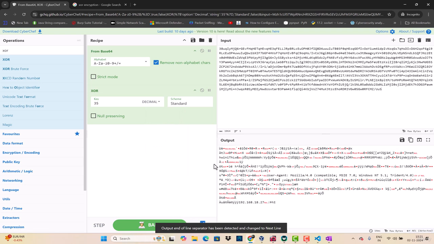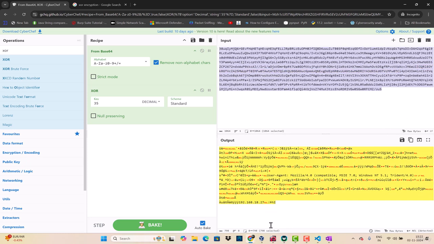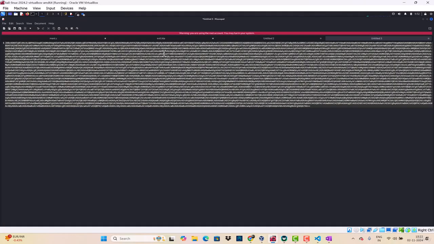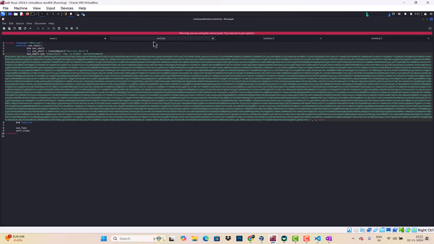You can see the user agent is Mozilla compatible, Windows NT 5.1, and you can see the threat actor IP. That's the Cobalt Strike IP which we have created, 18.27. So now you can confirm this payload was connecting to 18.27, and the user agent is this one. Once the evil.hta has been executed on the machine, it will execute this code and connect